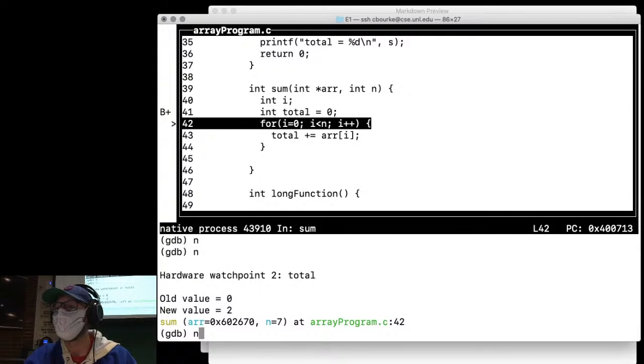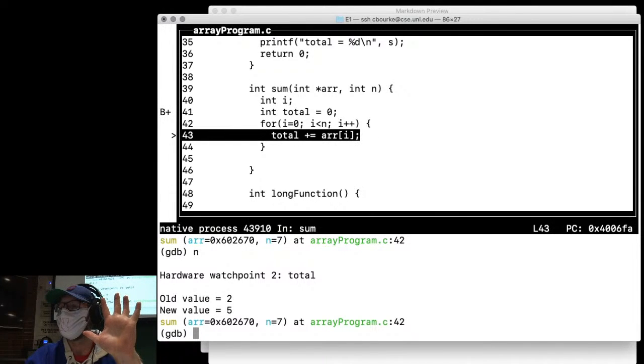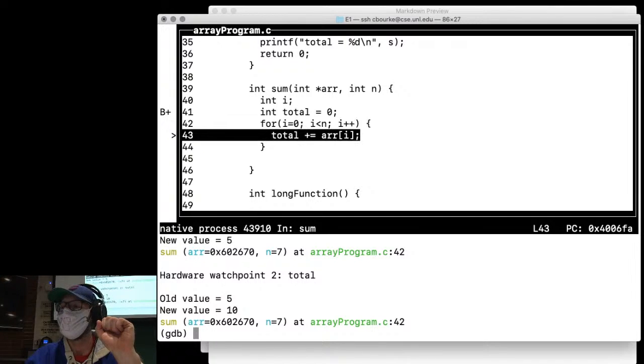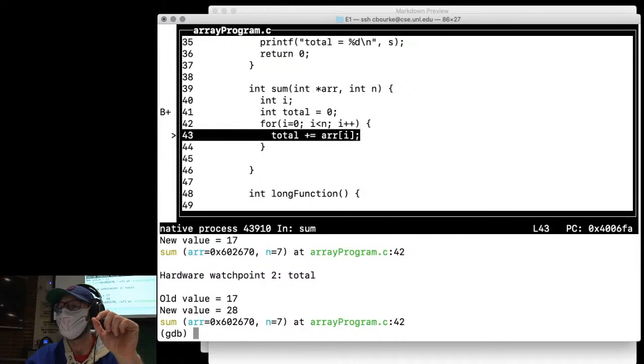Oh, hey. N7, there was the old value. It started at 0. Then I added 2. Okay. Next. And now I don't even need to type n. I could just hit enter. It goes up to 5. Why? 2 plus 3 is now 5. Next. What's the next prime? 5, so now it's 10. Next prime is going to be 11. Next prime is 13, so I should expect 42, or